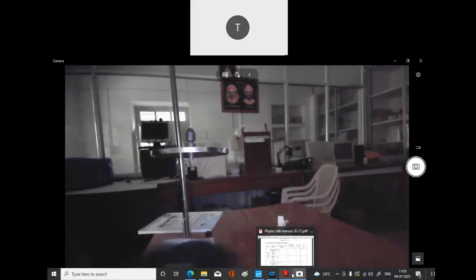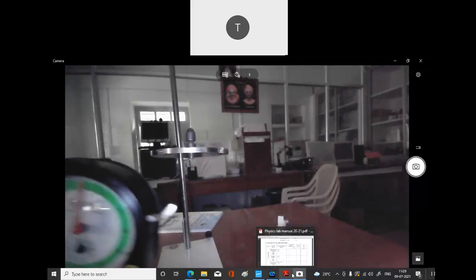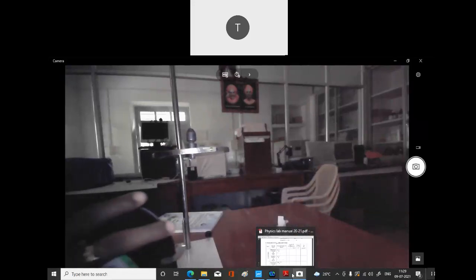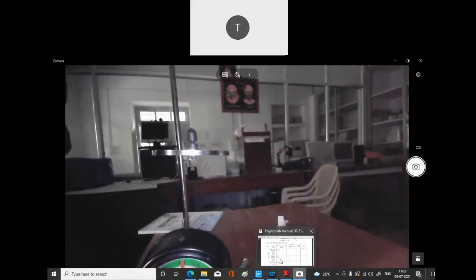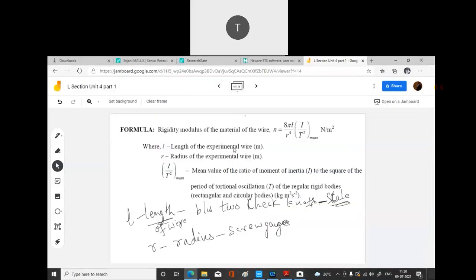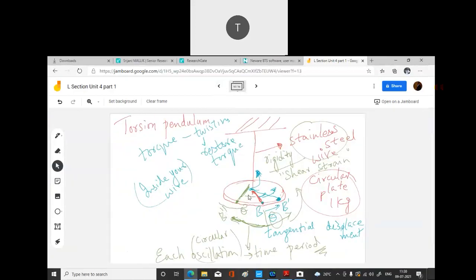So there is a clock here. We will take the clock and start it at some point. I will show you how to do that, but first let me explain in simple words. This is the starting point, but once you twist it, it will go to B dash, and then it won't stop at B, but it will go further, to B double dash.